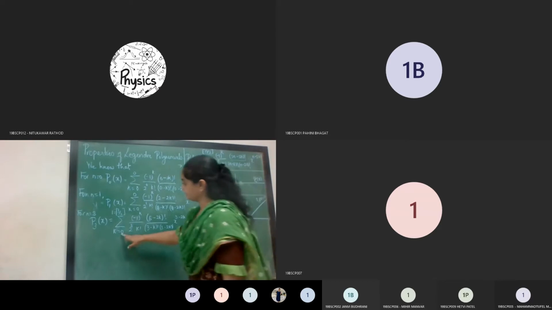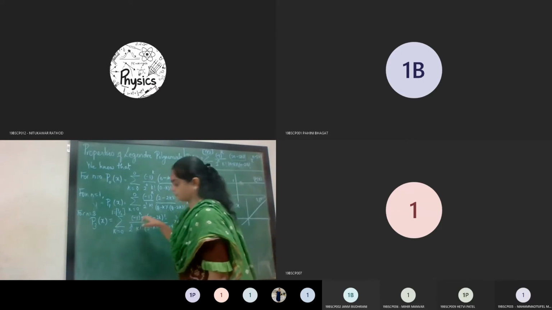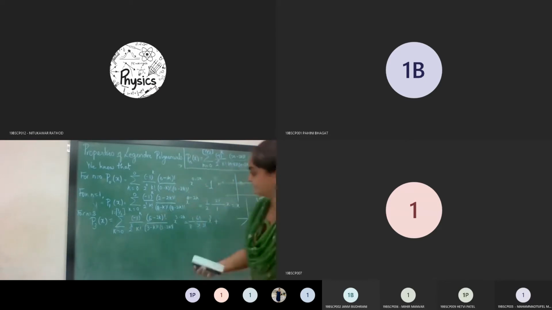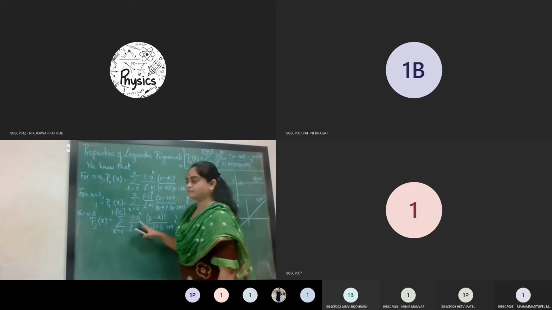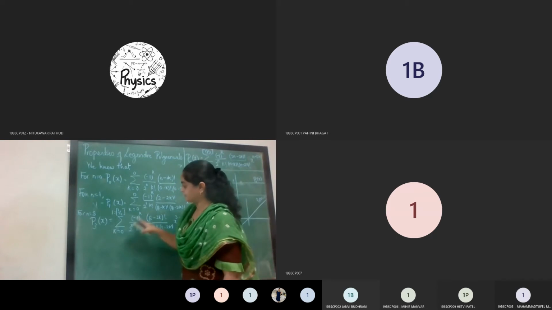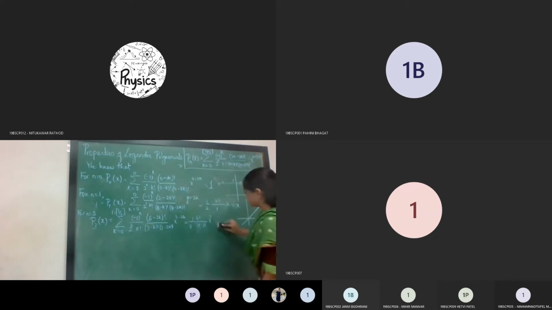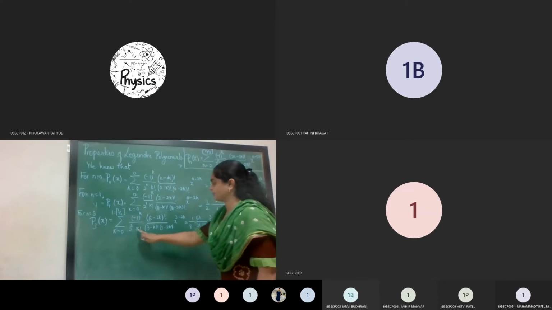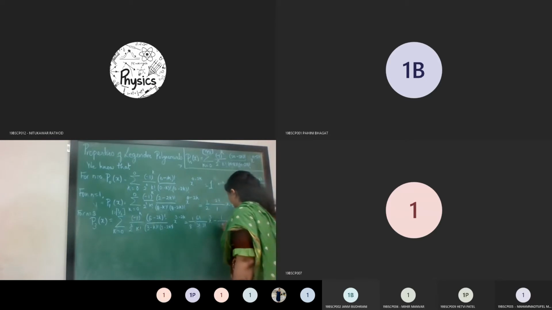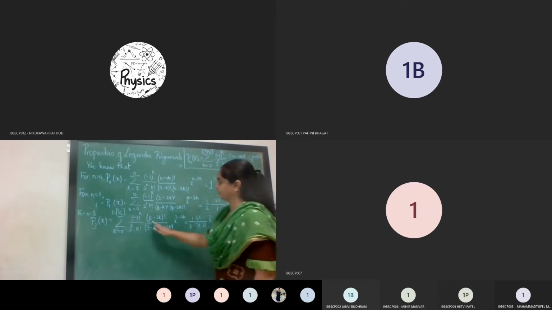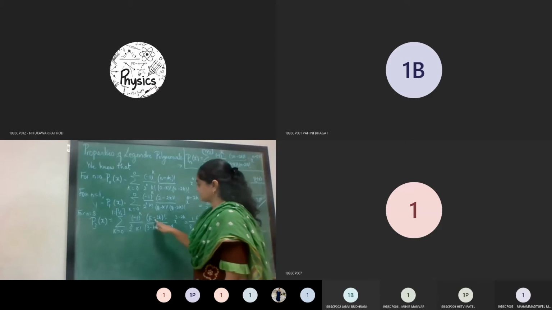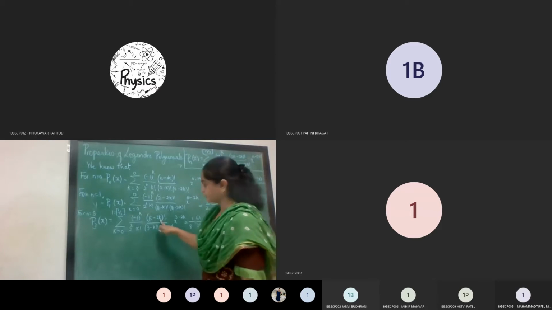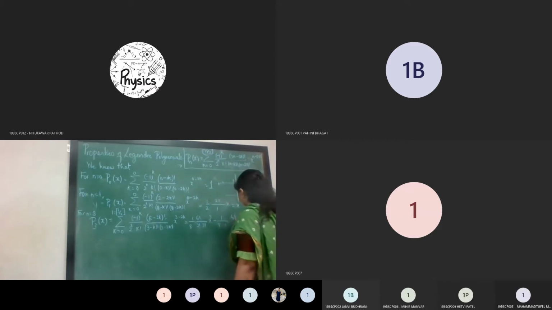Now the term with respect to k is equal to 1. When I consider k is equal to 1, this one will be minus 1 raised to 1, that is the negative sign occurred over here, so I will consider that here. So minus 1 upon, k is equal to 1, so this is 1 factorial. So 2 cube, that is 8 into 1 factorial. Now 6 minus 2 into 1, that is 4 factorial in the numerator.